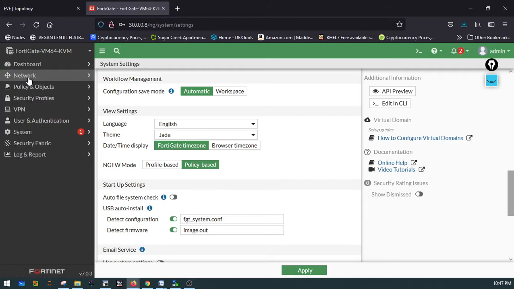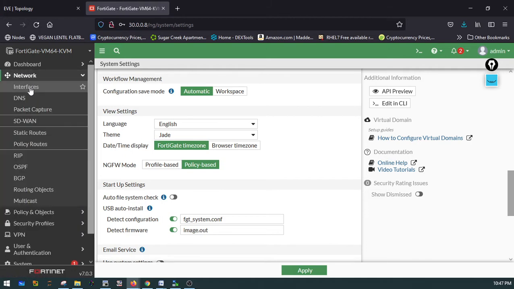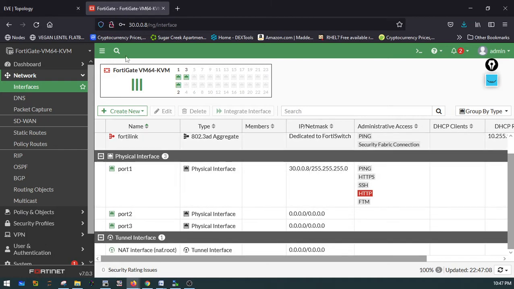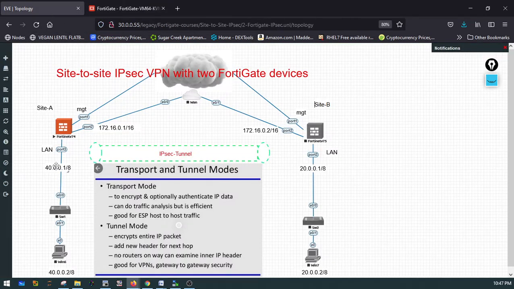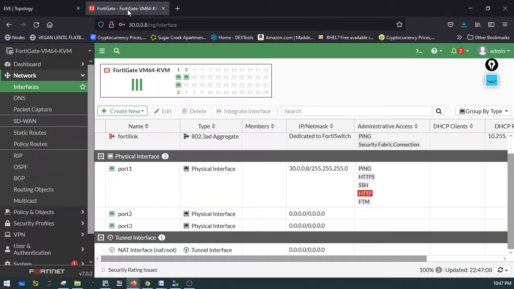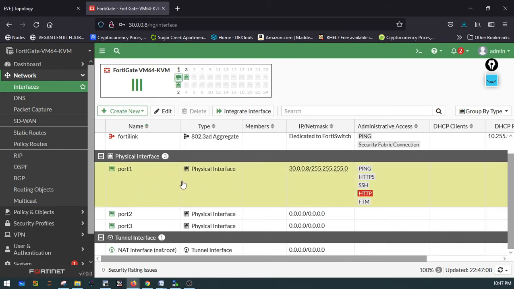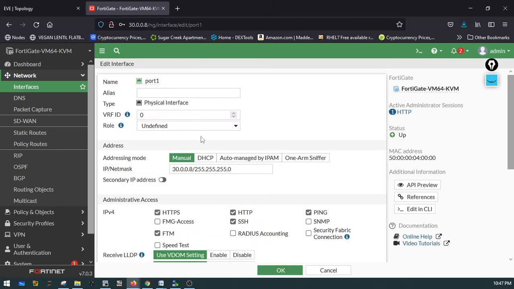You go down to the networking and the interface and configure those two ports. Port 3, port 2. Port 2 is the WAN, port 1 is the management. So you need to define some of the ports. Make clear when you're doing a configuration what port you're doing. So put the alias,